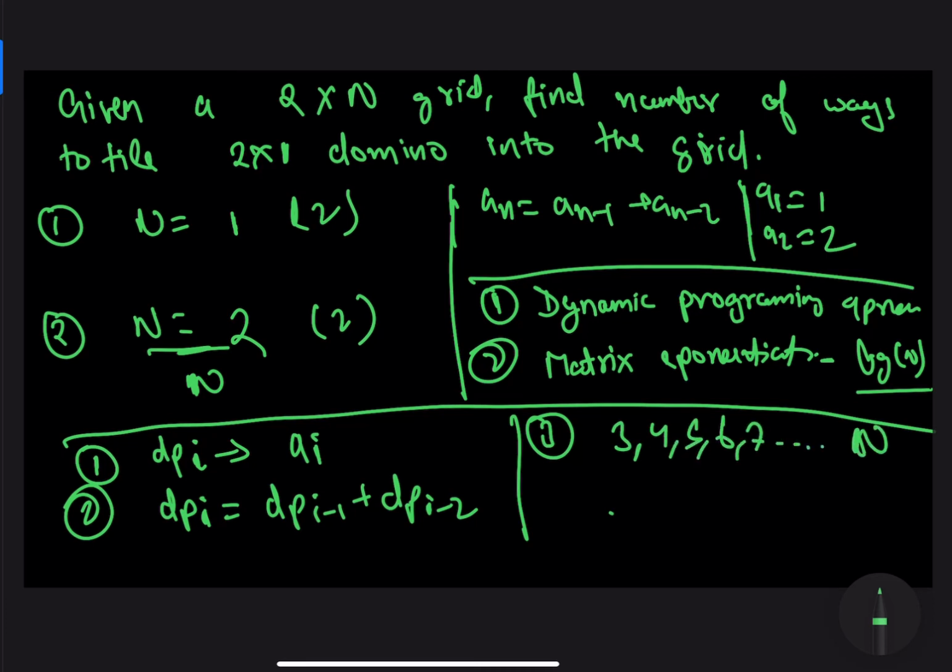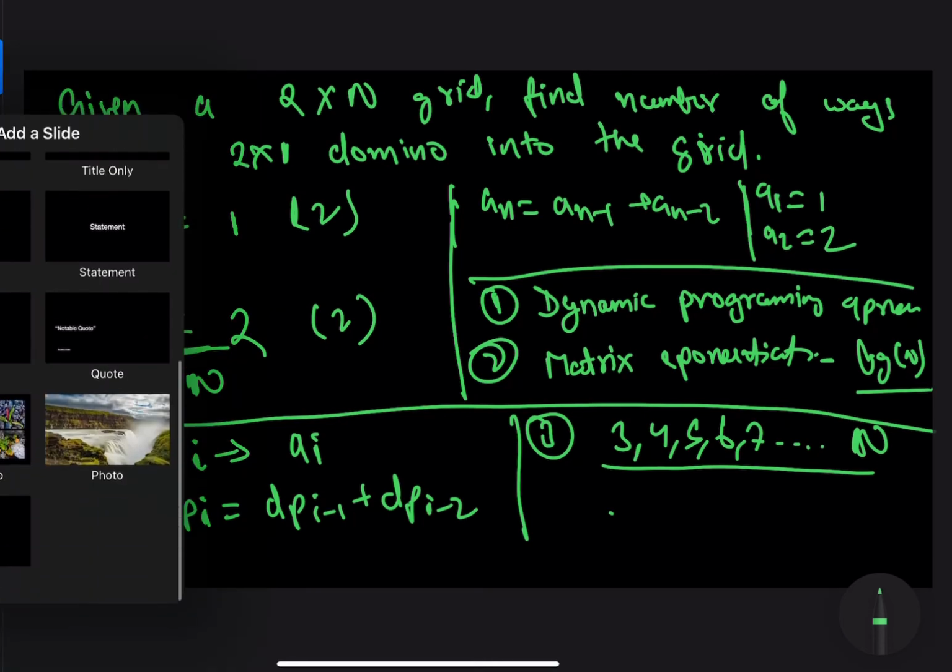Why? Because if you notice, the ith state depends upon the i minus first and i minus second states. In the same way, the i minus first state depends upon the i minus second and i minus third states. So inductively it becomes evident that to solve the ith state, you should have computed all the values of the states less than i. That's why we are solving the states in increasing order, and that's the reason behind the topological order we laid down. Now let's see how we can code this problem up.